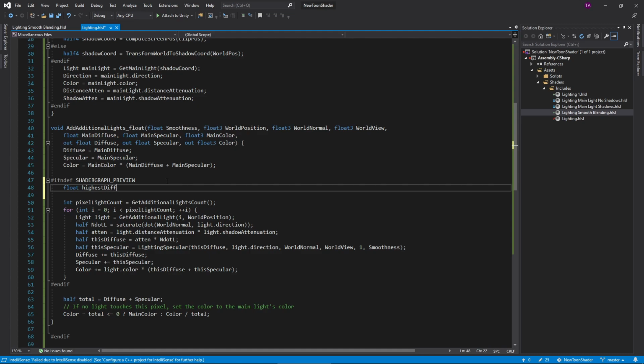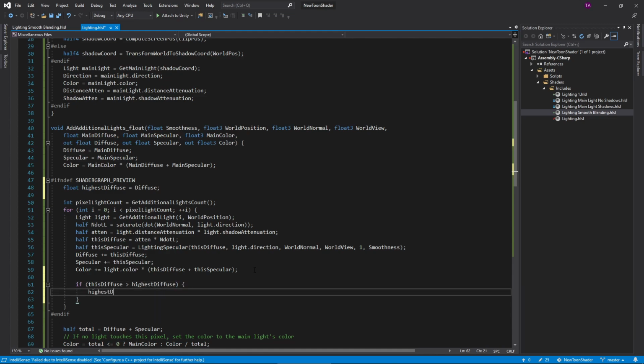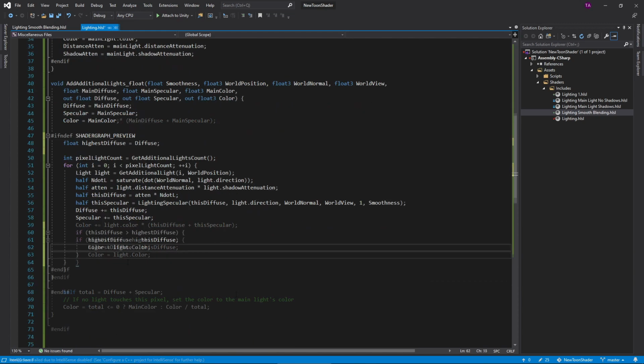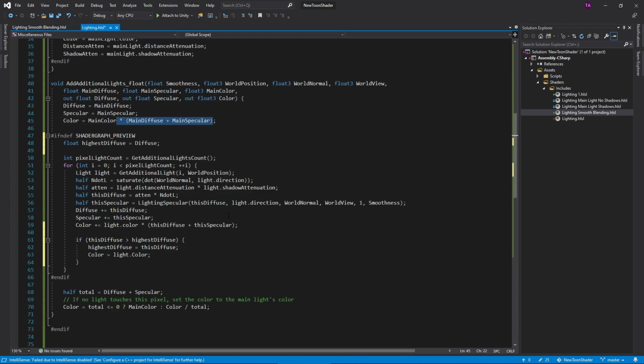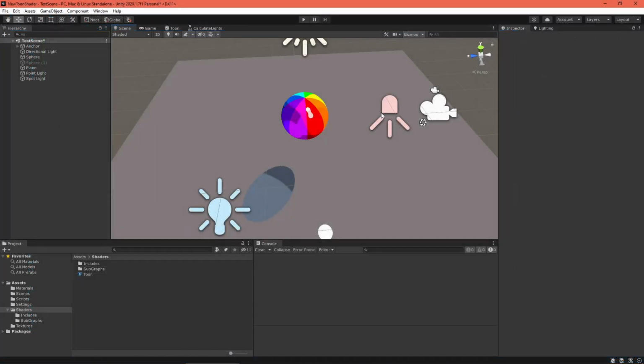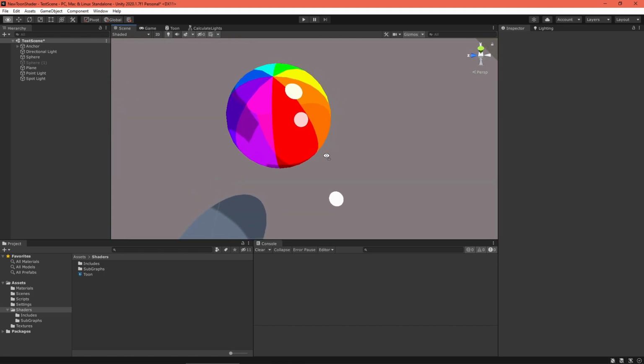diffuse attenuation. Create a variable to hold the highest diffuse and initialize it with the main light's value. For each additional light, if that light is stronger than the highest diffuse we've stored, save its color and store that light's diffuse value. This way, we'll have the color of the strongest light when the loop is complete. Now make sure to delete all the old averaging code. Check it out! There's the crisp line Toon Shaders are made for, but there's one other thing I want to